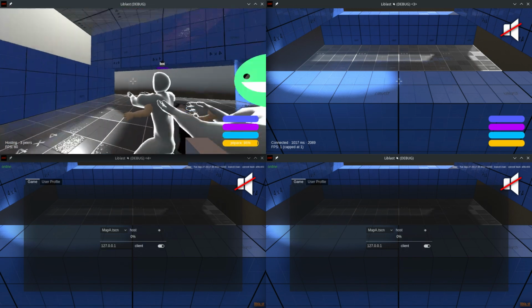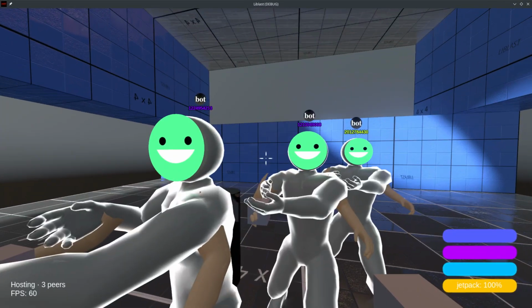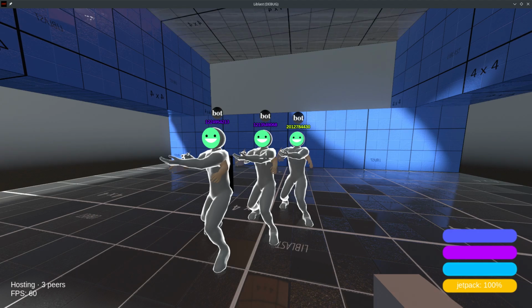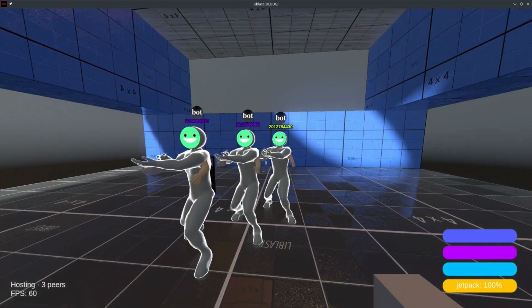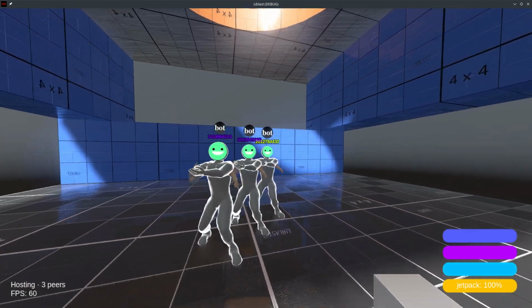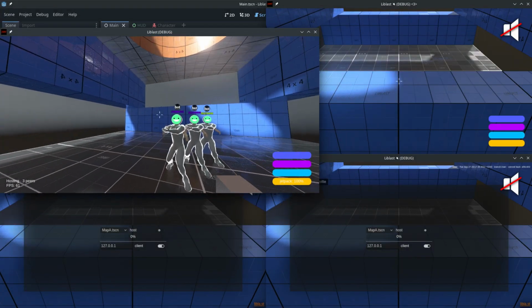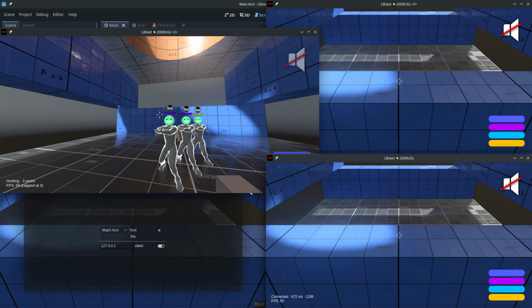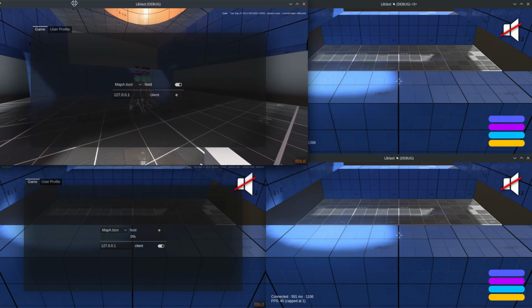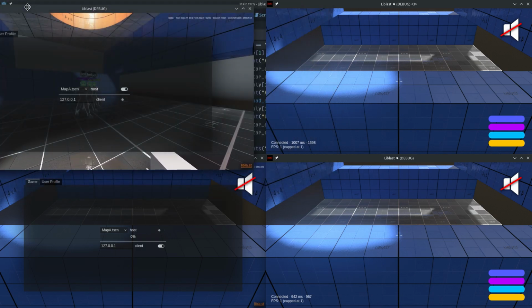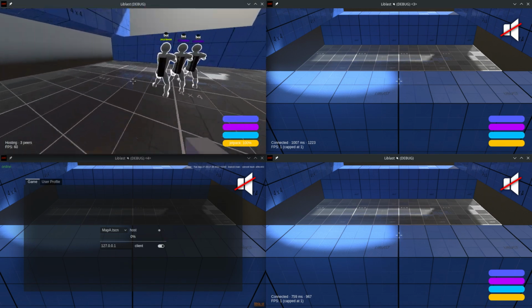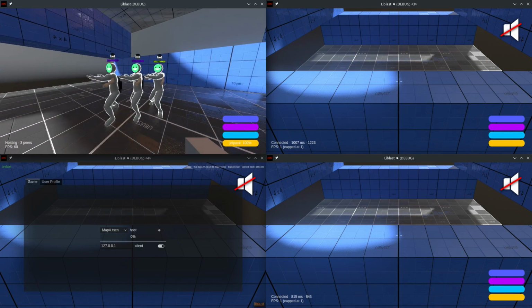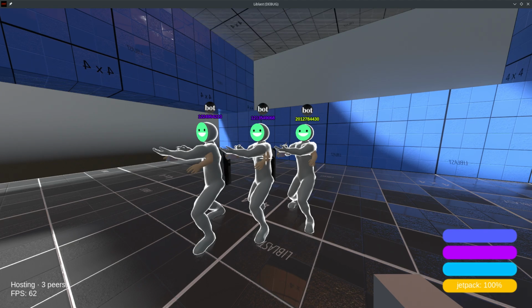And the 3 peers are here. They spawned in, but they can't do anything. I can shoot them. Dying is not implemented yet, so that doesn't do anything. But they can't see anything, they can't control anything, they really can't do anything. So there are certainly some problems with the networking code, or more like the networking code is not working right now, pretty much. So I hope to sit down with Thales and get it working